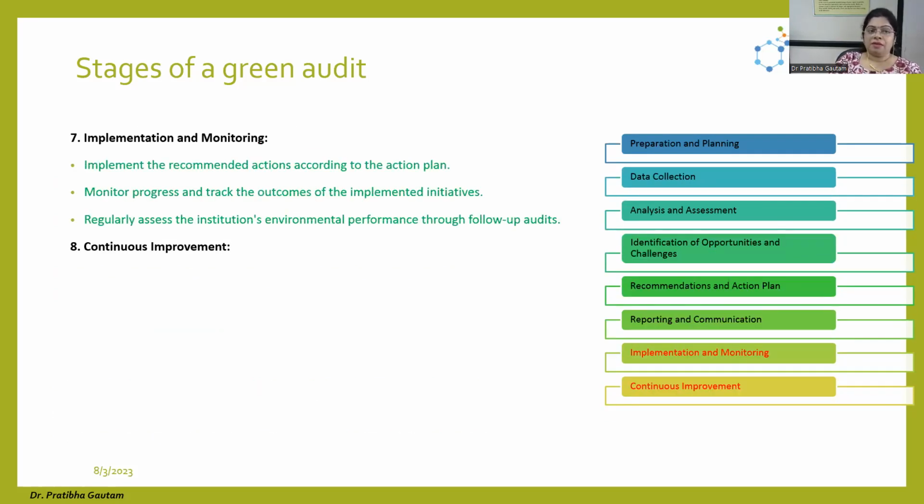And then seventh, that is implementation and monitoring. This has to be done by the institution. The recommendation has been given by the auditor, but to implement it, it is in the hands of the institution. Whether they want to do it or not, if they want to do it, how they want to do it, how much time they require to take all that action. What is their intention to do that, and even if they are doing it, how they are going to monitor,